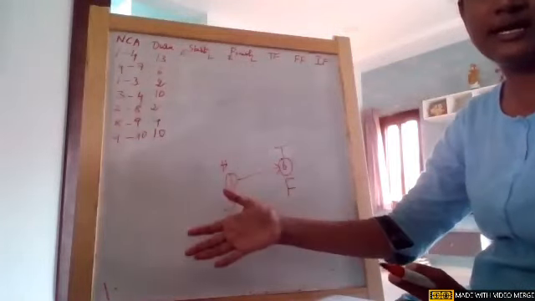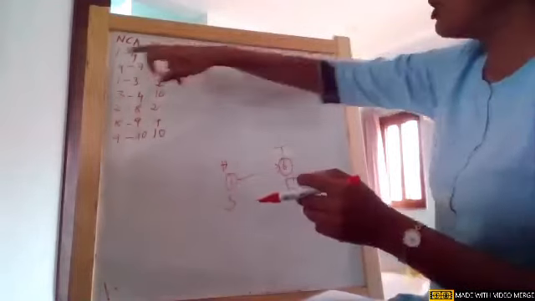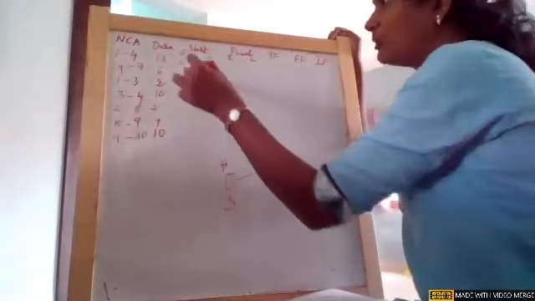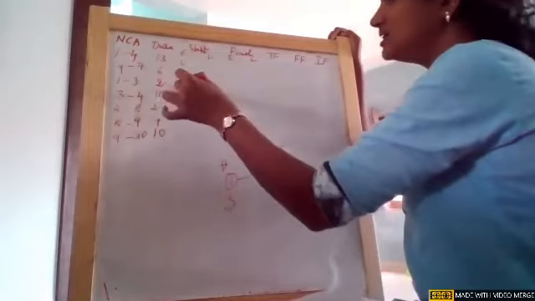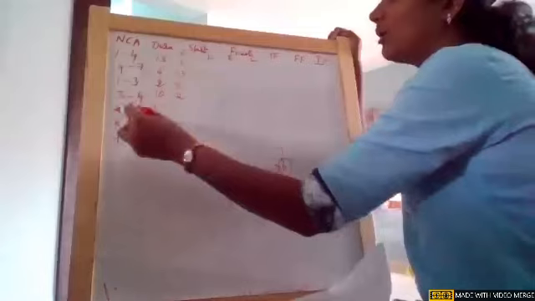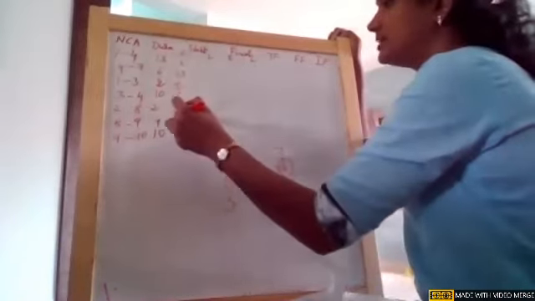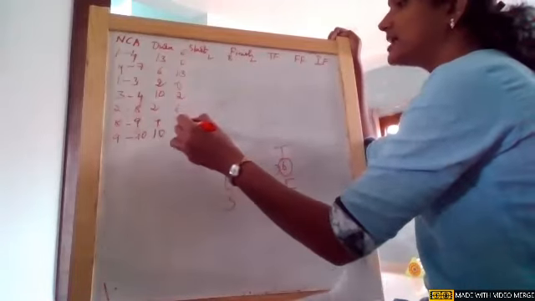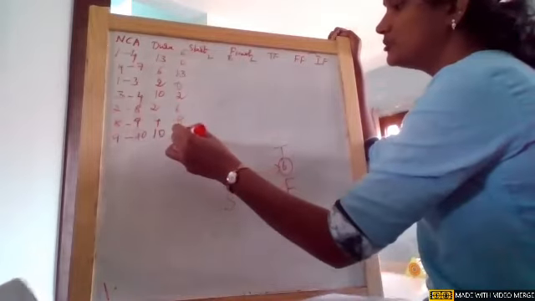Because I erased that network for space, try to understand. On 1 it is obviously 0. Now go to 4: the earliest time is 13. On 1 to 3, it is 0. On 3 to 4, at 3 the earliest time is 2. On 2 to 8, the head is 2, so the earliest time is 6. On 8 and 8 to 9, the earliest time is 8. And 9 to 10, the earliest time is 12.